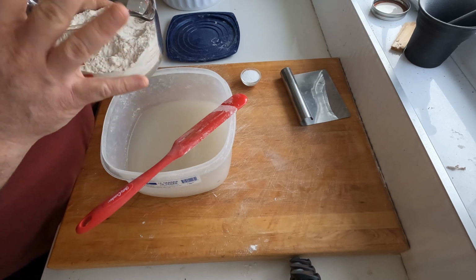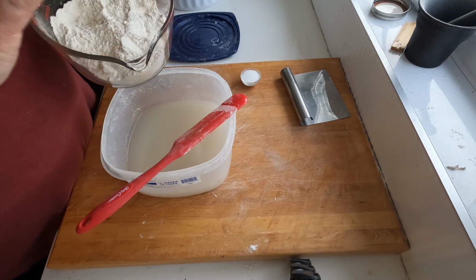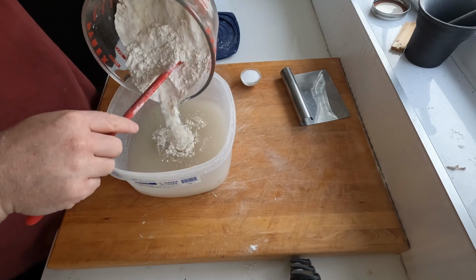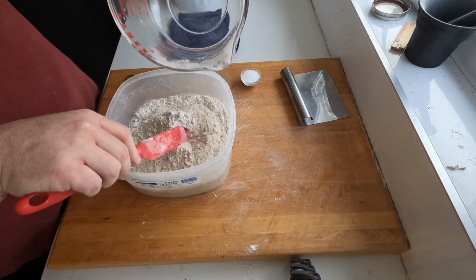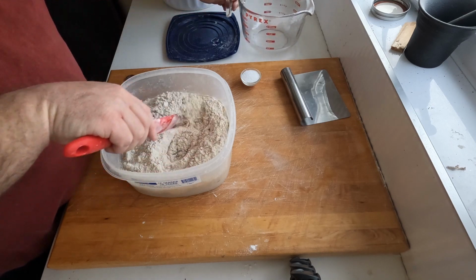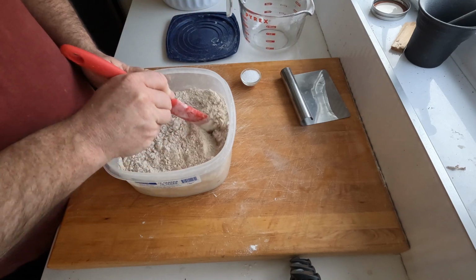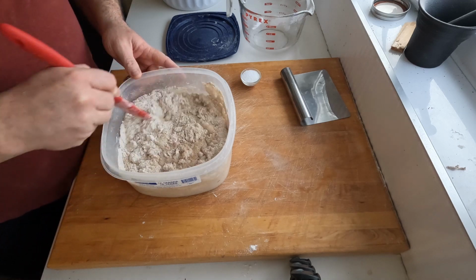And I'm gonna add some more later. It's a lot easier to add the dry stuff than water, so it's okay if you don't put as much as you need from the get-go. Just start with 4 cups of flour for the 3 cups of water that's in there. That should get you pretty close to what you want, and the texture you're looking for is really kind of